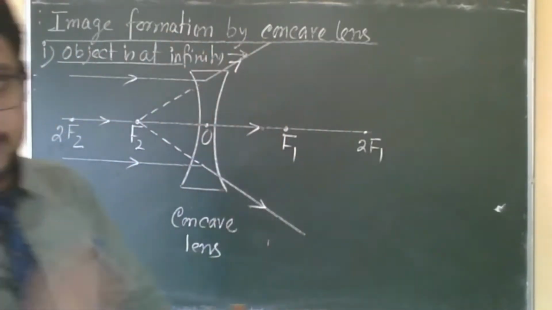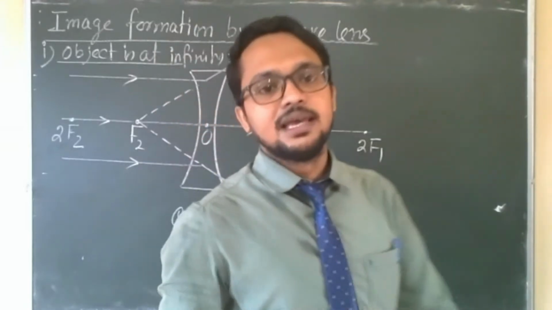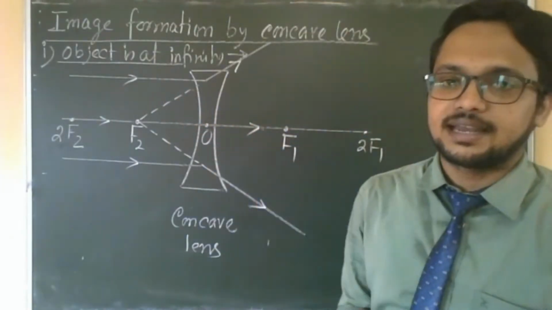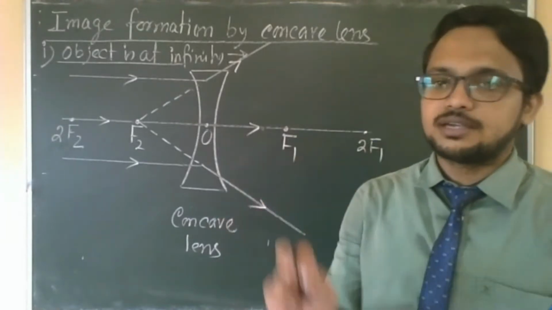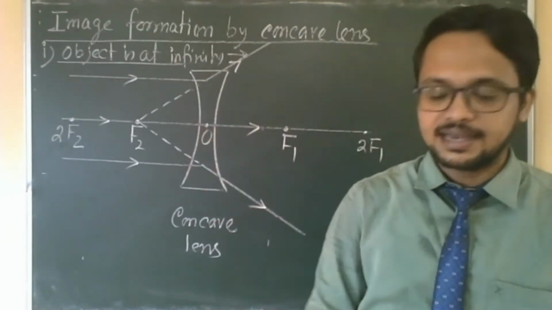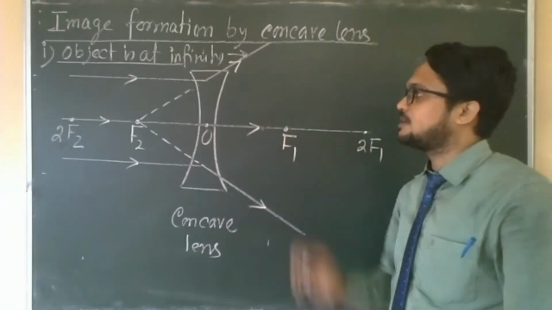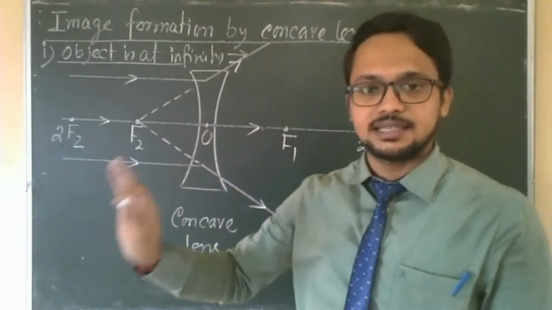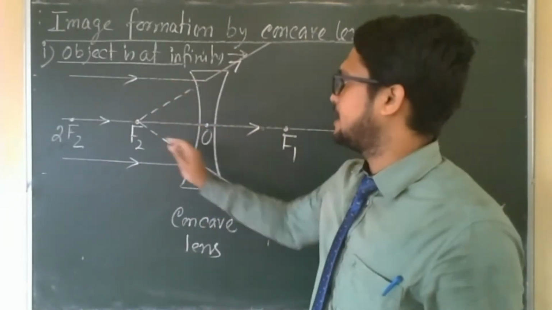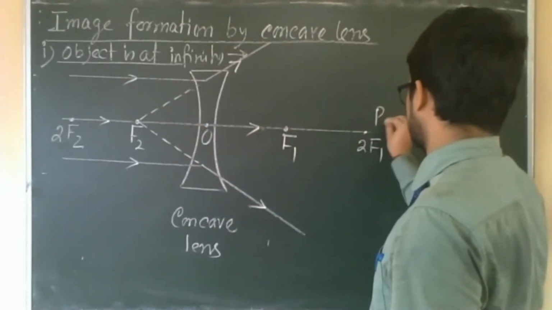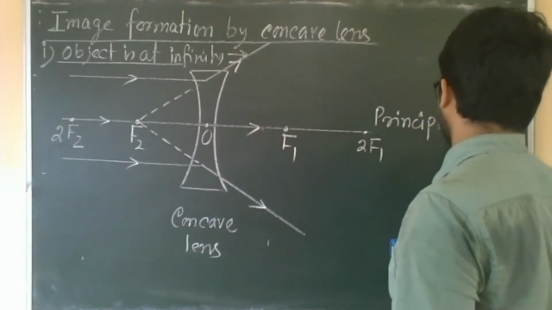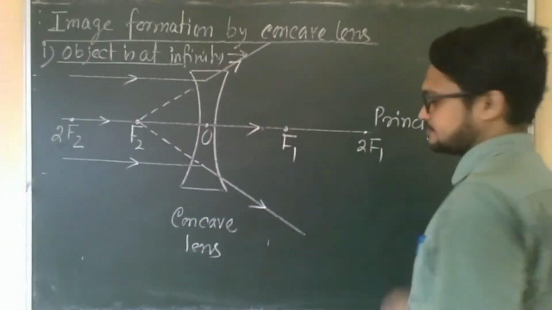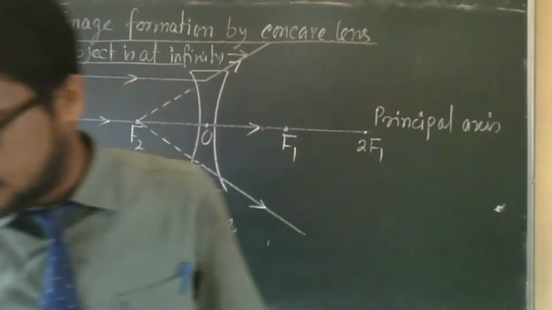Object is at infinity. But in the exam, if you get this question, draw the ray diagram when the object is at infinity, you will not draw this one. There is a second diagram, that one you will draw. This is a particular case where the rays are parallel to each other, and also parallel to the principal axis. So we will not draw this one. This diagram is there in your book, page number